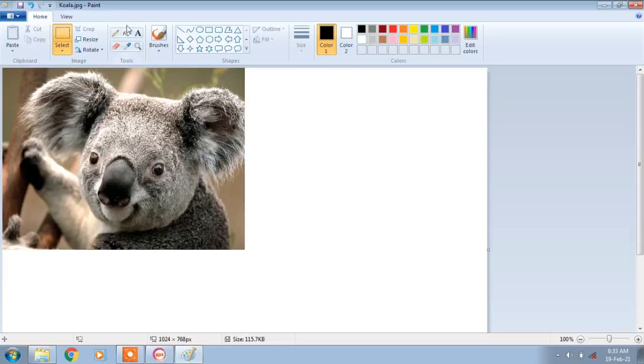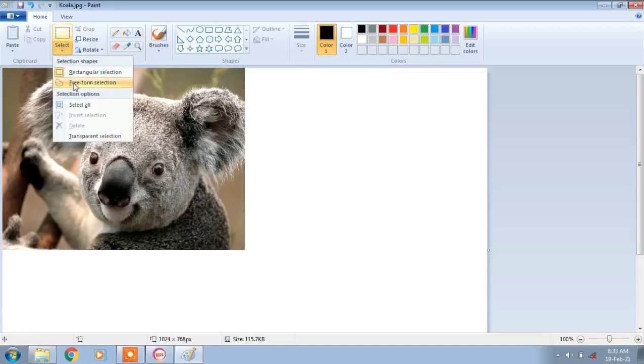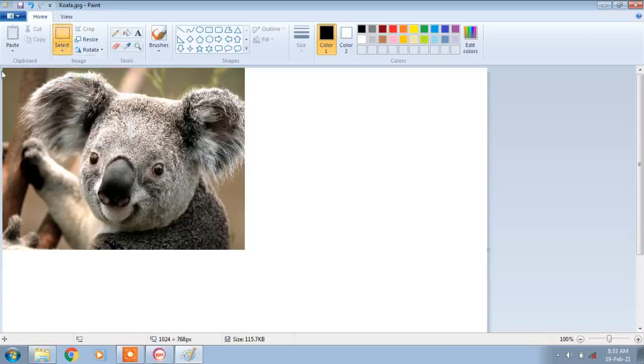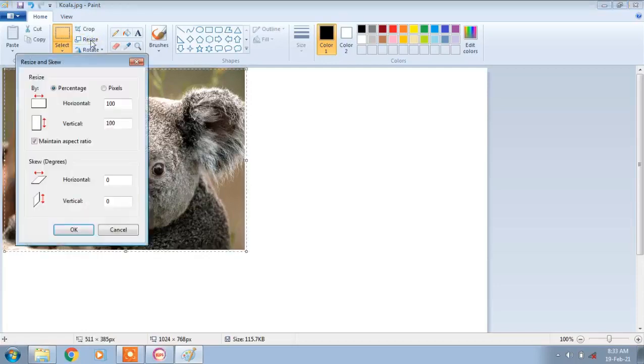If you want to skew, then first you need to select the image. Click on rectangular selection and select the picture, then go to the Resize option, and in Skew, you can enter values from 1 to minus 89 degrees.